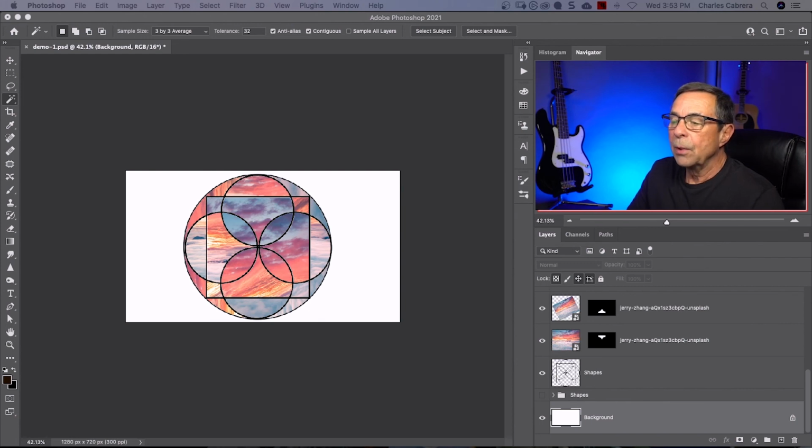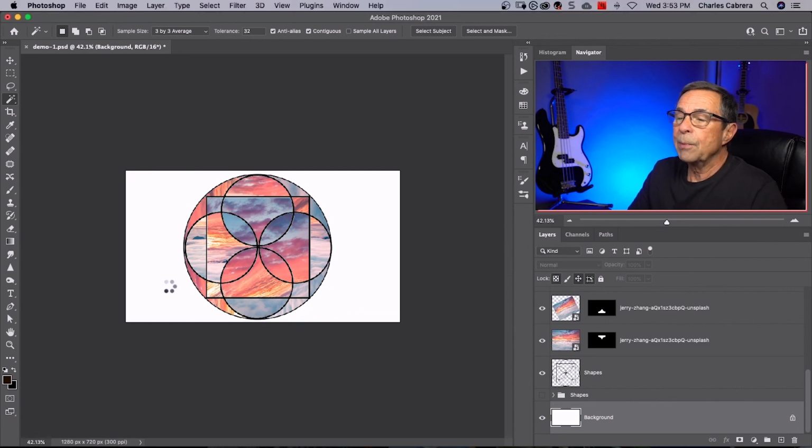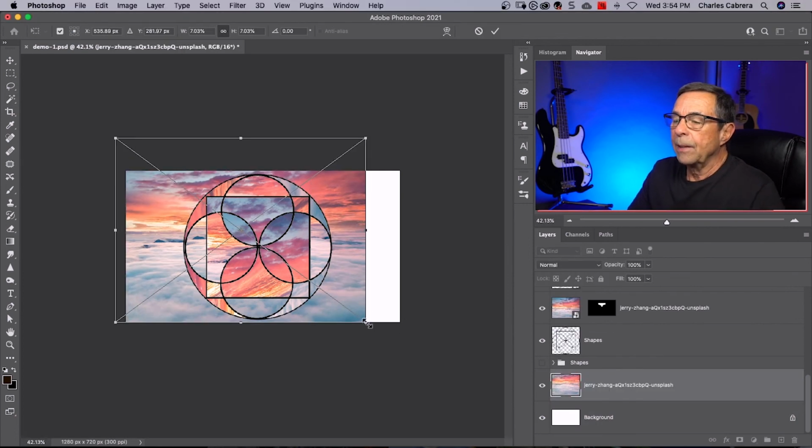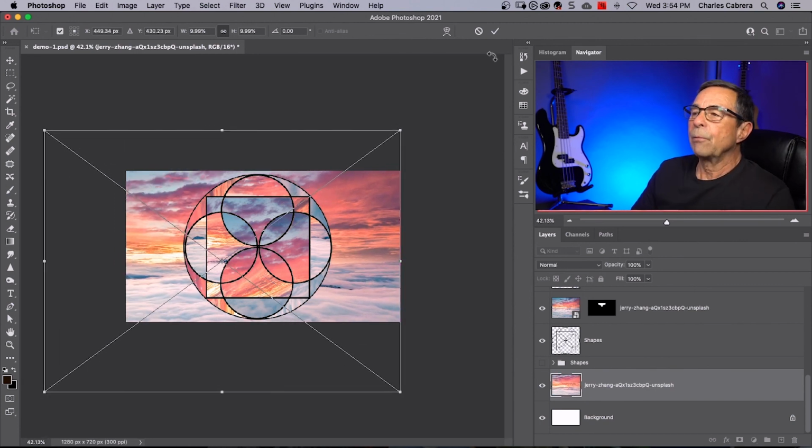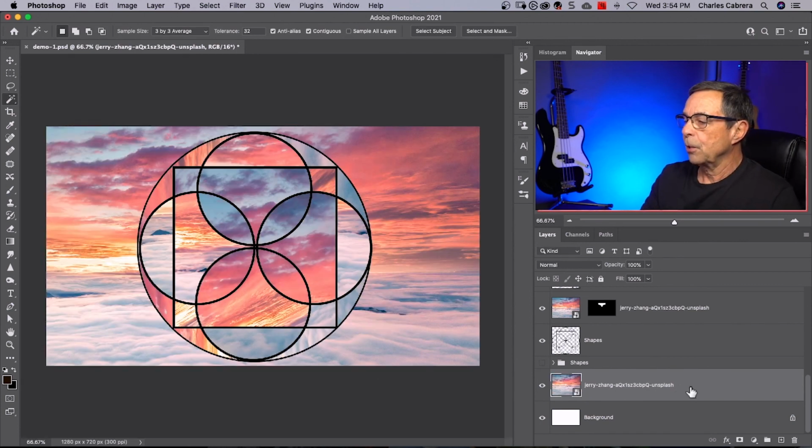So now you can do a number of things here. You could change the background color, but what I want to do is I want to bring in an image, actually the same image that we were using for these shapes, and I'm going to make it a little bit bigger. So that's our background now. Adjust it here to whatever we want, and there's a number of things you can do to this.